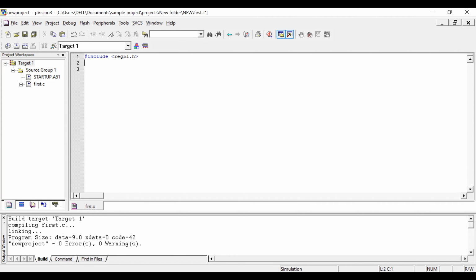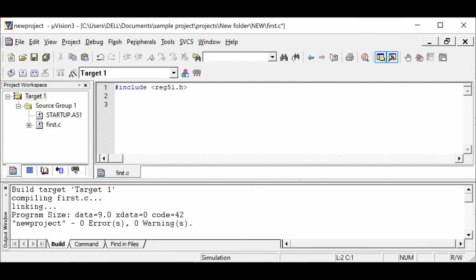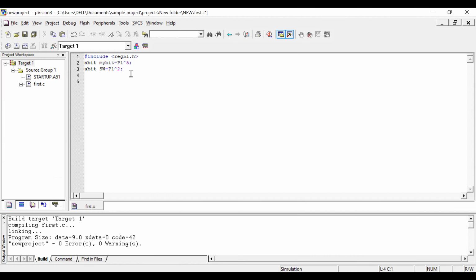And then you are going to assign your particular bit, switch SW, for checking the status of the switch. I'm assigning P1.2 to one of the variables, so that later, by checking this variable, I can know whether the switch is in on condition or off condition.